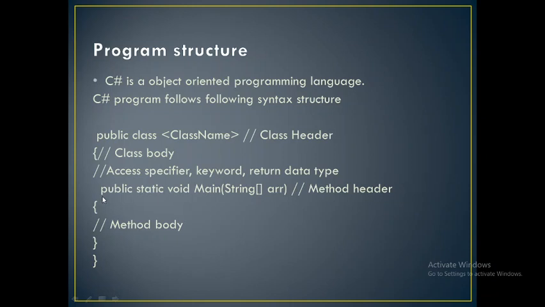The next is the entry point for your program execution, which is nothing but your main method. Public static void Main is known as your entry point for program execution. Public is an access specifier which specifies the accessibility for your program. Static is a keyword which makes your program object independent. Void is a return data type, meaning after the completion of the program, we don't need any value to be returned from this function. Main is the entry point for your program execution.